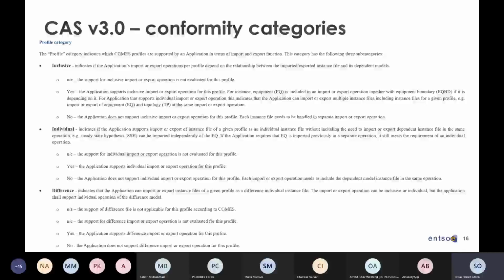It's just that you're stating that it's inclusive, that you do need to have the dependent model also processed. Tools that do support individual can also say that they have inclusive in their body. They can also say, hey, I can also do the processing of having multiple profiles put together and exchanged at the same time. Like we have the CGM process, which is also different from the 10 years network process.